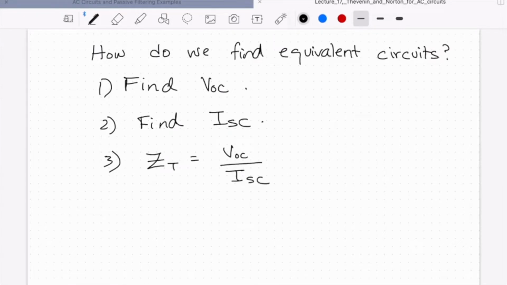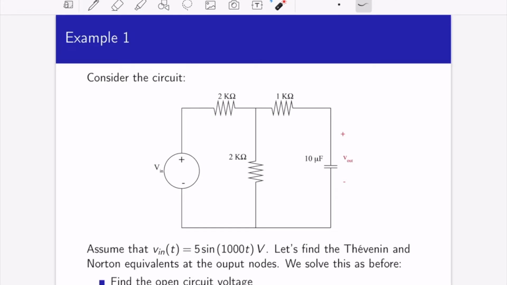Now VOC is going to be equal to V Thevenin, and I short circuit is equal to I Norton. So this is how we're going to find the equivalent circuits. What I'd like to do is we'll go through the process and then we'll talk about what that Thevenin's impedance means. Okay, so here's a circuit similar to many circuits we've done before, and we're given a value for Vn,